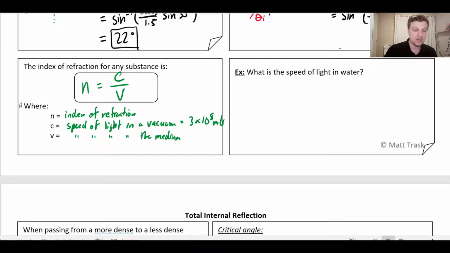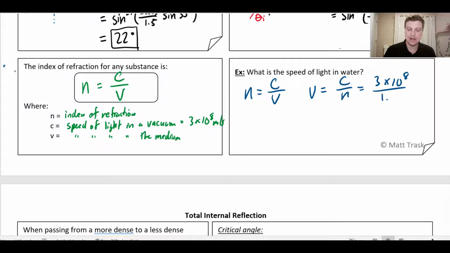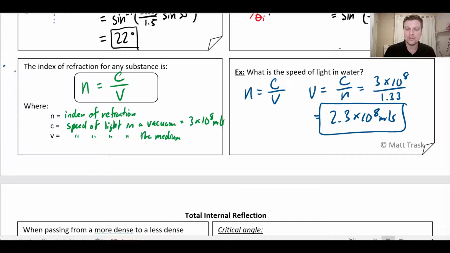So the question is, what is the speed of light in water? So n equals c divided by v, which means that v equals c divided by n, which is 3 times 10 to the 8, all divided by 1.33, the index for water, and this all works out to be right around 2.3 times 10 to the 8 meters per second. So it's useful to see here that yes, light does slow down when it travels into water, but it's still incredibly fast, right? There's no material that we have that could slow down the speed of light to some really small amount